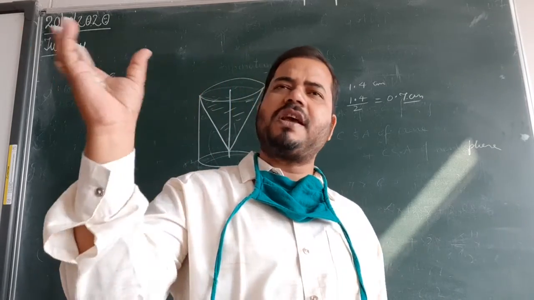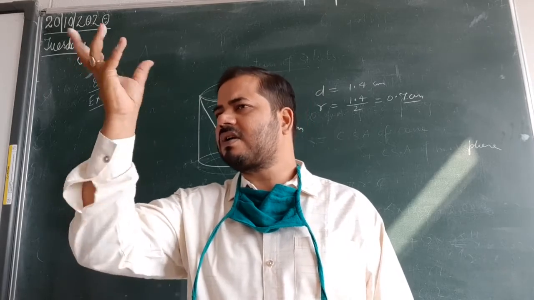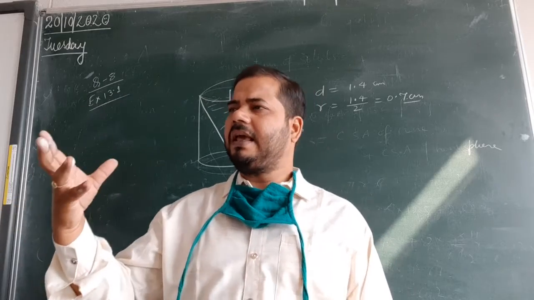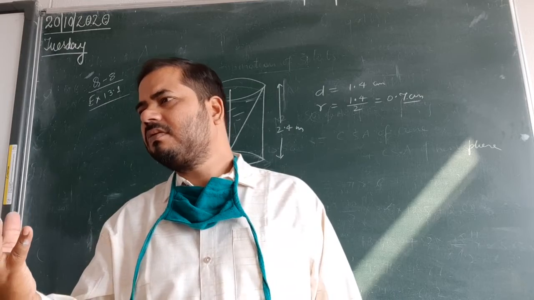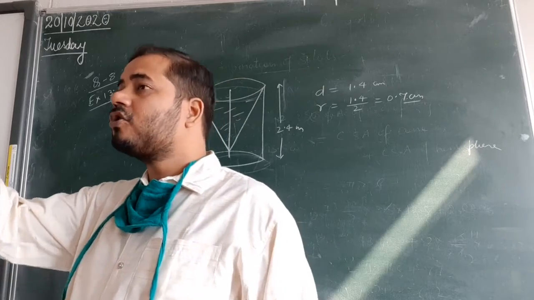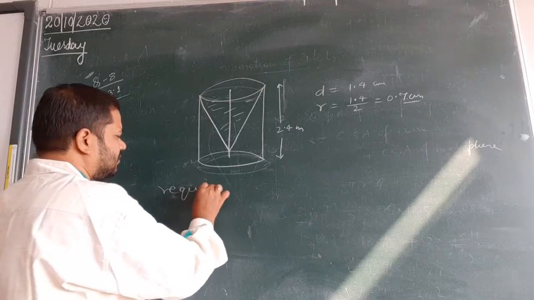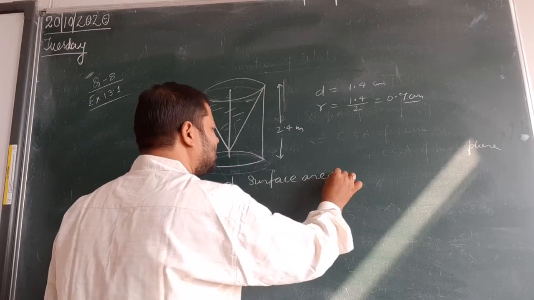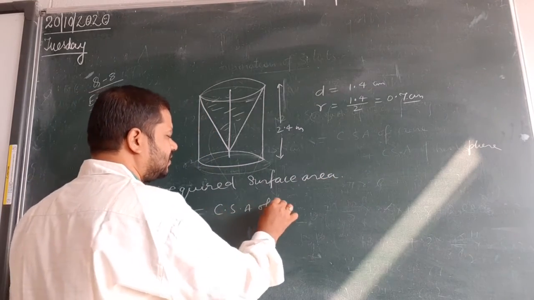So look at that particular shape, the hollow cylinder. How many parts can you see? You will see the outer curved surface area of the cylinder. You have to see the curved surface area of the cylinder and the area of the base also. Okay, and the curved surface area of the cone. Okay, so the required surface area is nothing but CSA of cone,